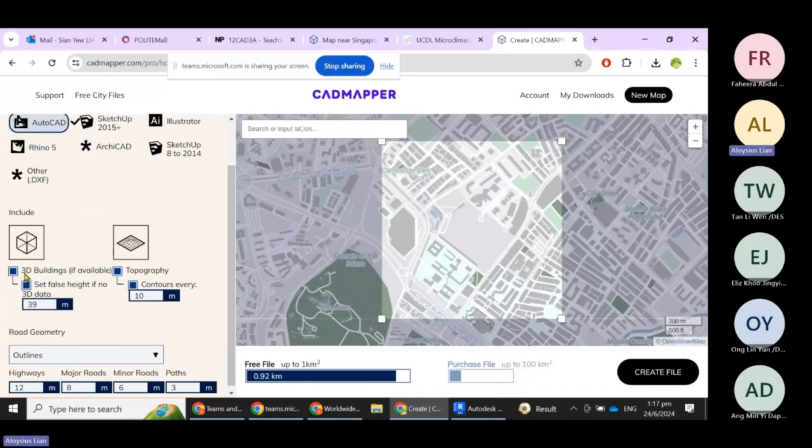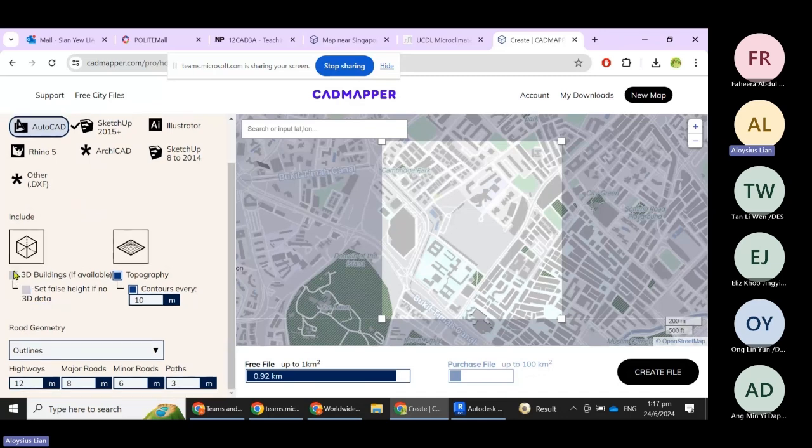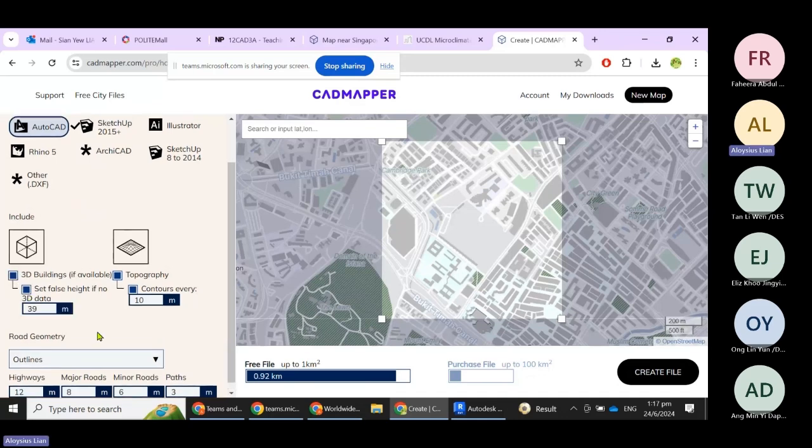Always make sure that your 3D buildings are checked in this checkbox here, right? So click on this. Set false height if no 3D data. This means that if, say, for example, any of these buildings that you see as an outline, Cadmapper somehow is not able to get the information from their open source origins, then what they will do is take the outline and extrude it arbitrarily by whatever set height that you put over here. So you can always just put 20 if that's the case, and then it will always just extrude a default